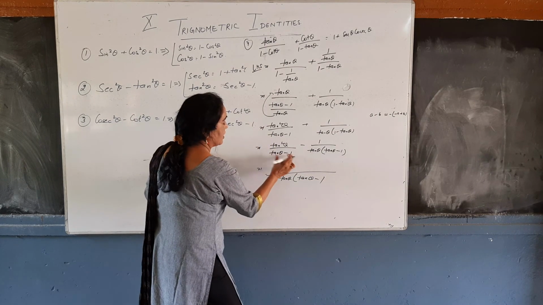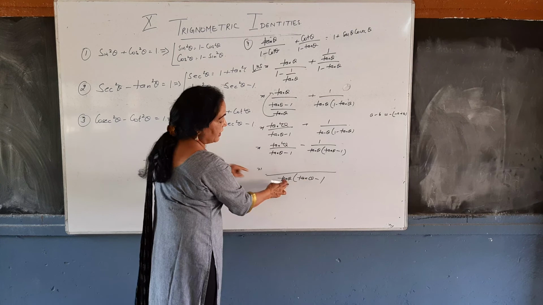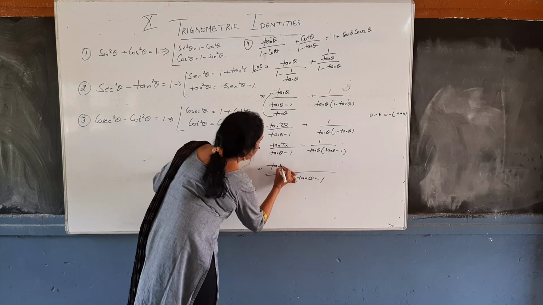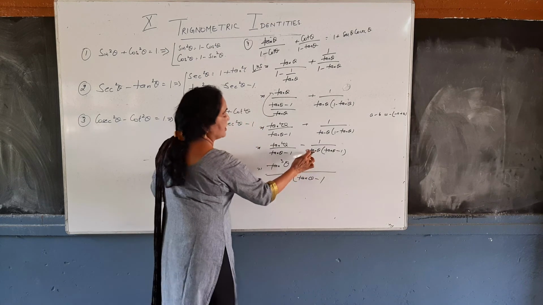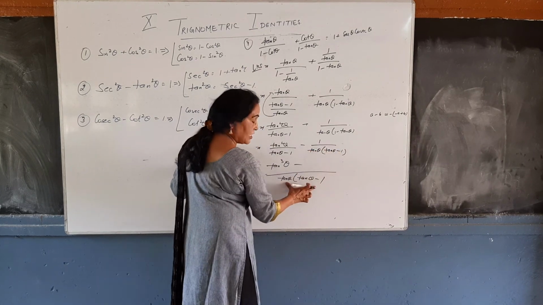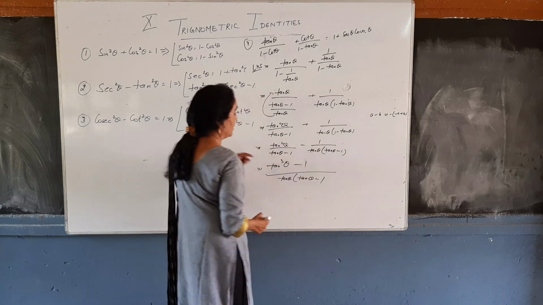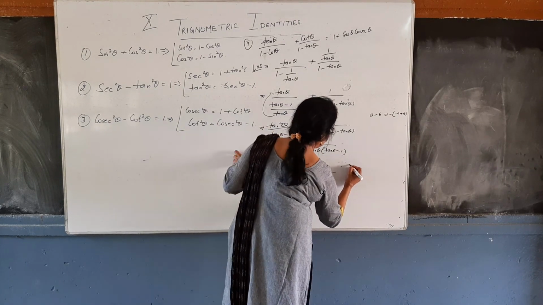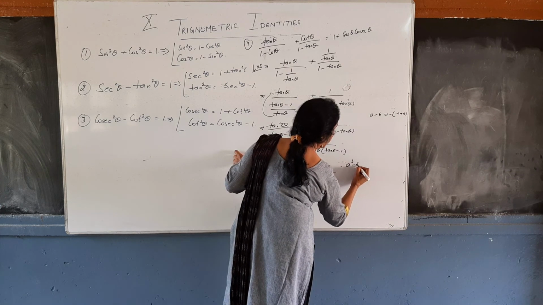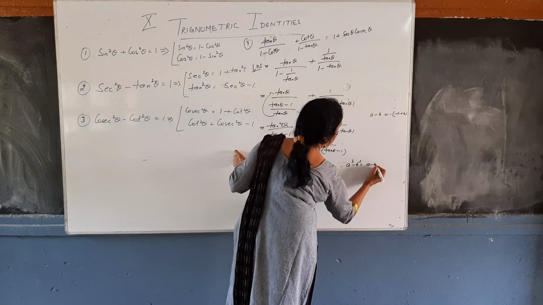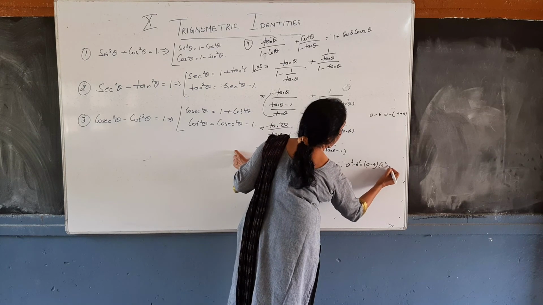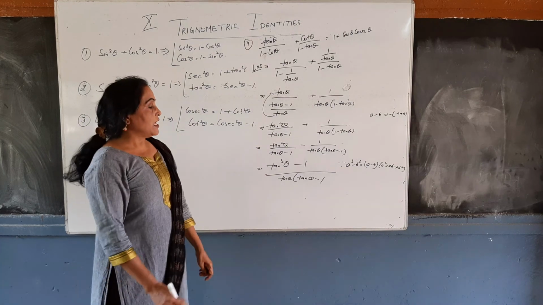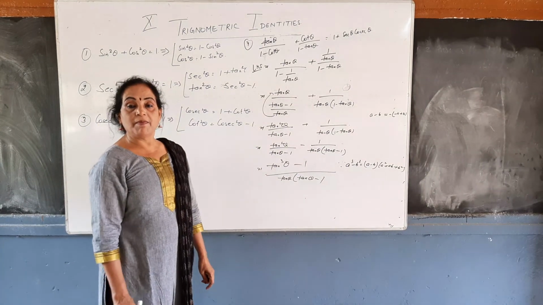So this tan theta minus 1 cancels this tan theta minus 1. Remaining is tan theta, that will multiply here. So you will get here tan cube theta minus 1, tan theta minus 1 will cancel this complete term. So it will be 1 only. See the numerator? Numerator is of the form a cube minus b cube. A cube minus b cube is a minus b, a square plus ab plus b square.